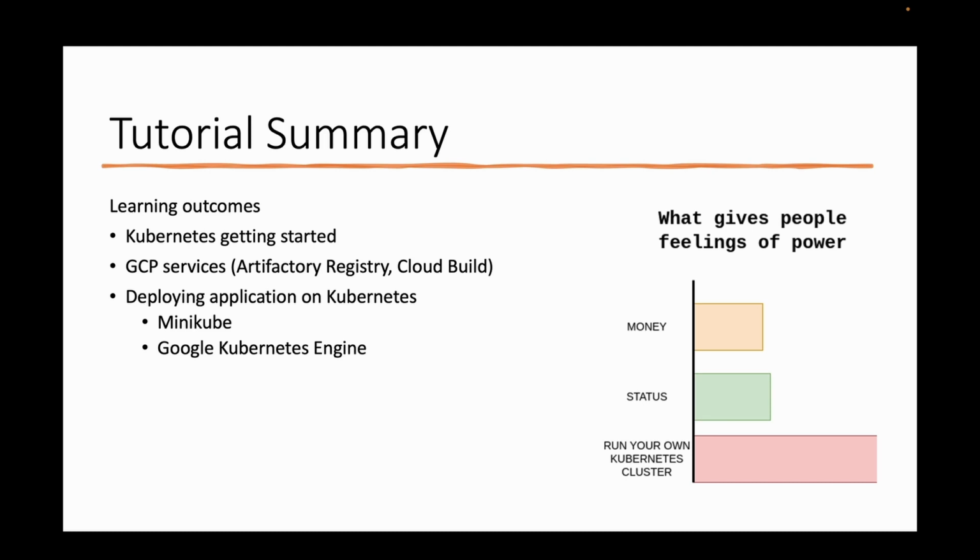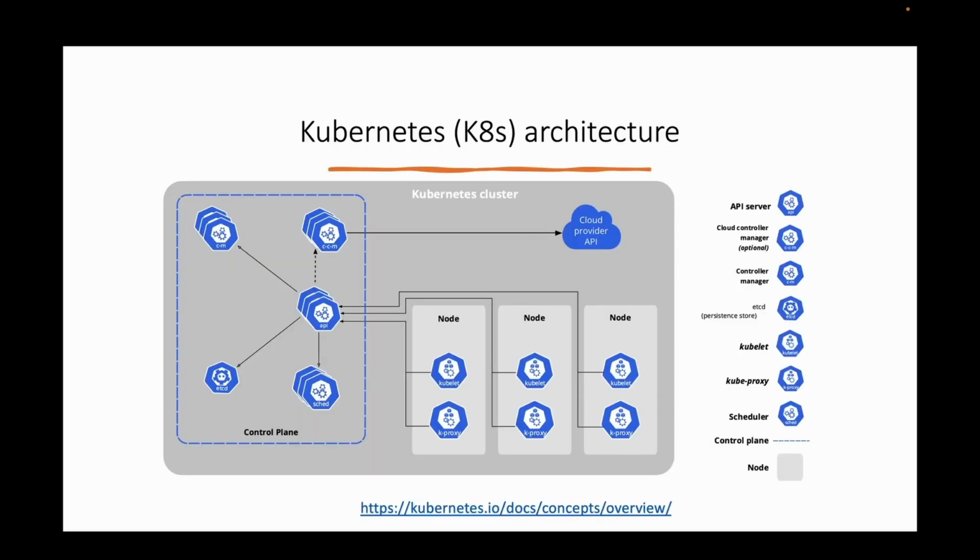So in this lab we'll do hands-on work running Kubernetes locally and then running Kubernetes on GCP. I'll show you both ways to deploy your application on Kubernetes. And then I'll also explain other GCP services, such as Artifact Registry and Cloud Build, which will be used for your Kubernetes assignment. Professor might have already explained this, but I'll just give a brief of the Kubernetes